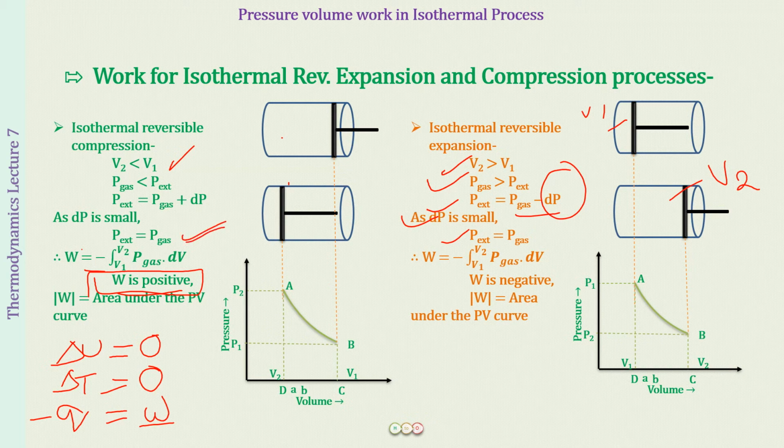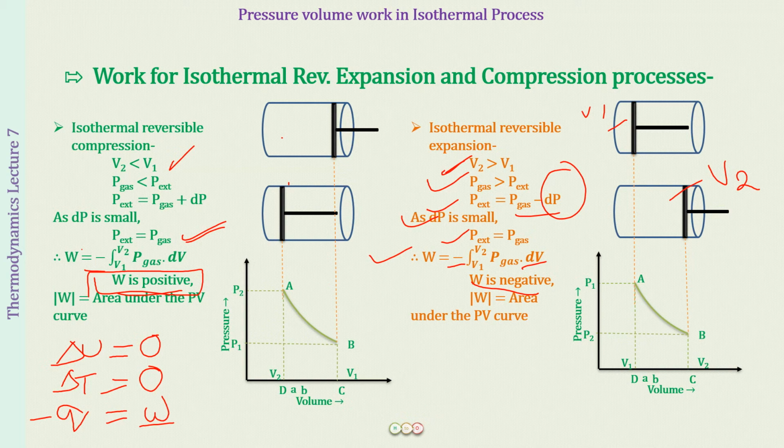So you find that in both cases, whether an expansion is taking place or a compression is taking place, the external pressure is going to be equal to the pressure of the gas at all the equilibrium steps, right? So again, the value of work done is going to be the same expression that we have calculated for the reversible process and for the isothermal reversible process also. But in this case, because V2 is greater than V1, this dV is going to be positive, and with a negative sign in front, the work is going to be negative. Is this clear to you people? That work is going to be negative over here.